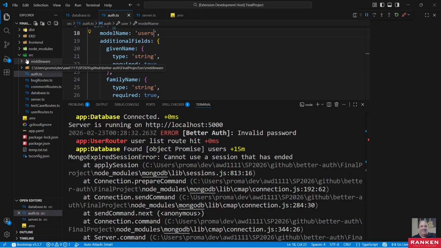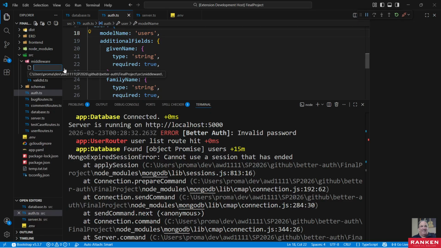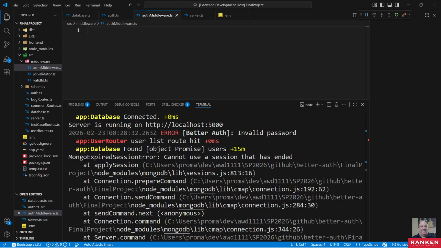So let's come over here to our middleware directory folder and do a new file here. And let's do auth middleware.ts. Does that look good? authMiddleware.ts. Looks good to me. Okay, and then here,